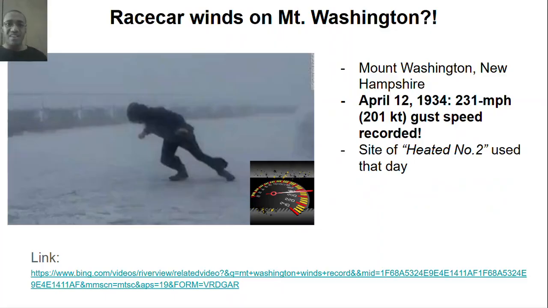Now we'll quickly take a look at Mount Washington. Mount Washington, New Hampshire is known for being the windiest spot in the United States on a climatological basis, and so dating back to April 12th of 1934, the wind record there was set at, get this, a gust speed of 231 miles per hour. And as you can see right here,